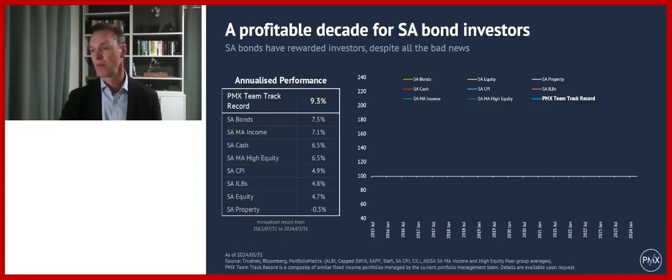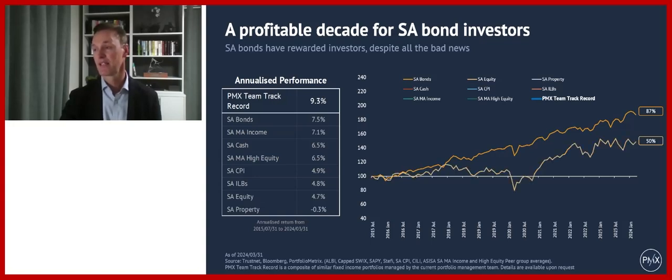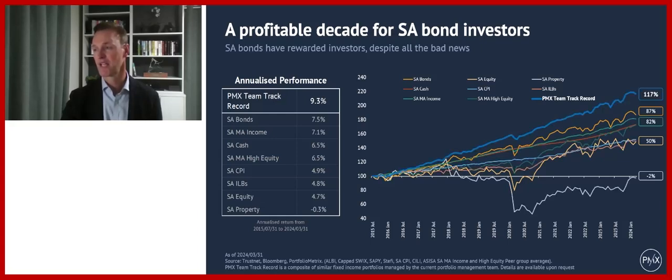And then if we look at it comparing to some of the other asset classes over this period, this is showing the South African bond market. That's the total return over that period. That's the Cap SWIX, actually, sadly enough, which, as we know, has been through a tough period over quite a long period of time now. This is nearly 9 years. That's where property was. That's where inflation and cash was. And that's where that strategy's come through here.